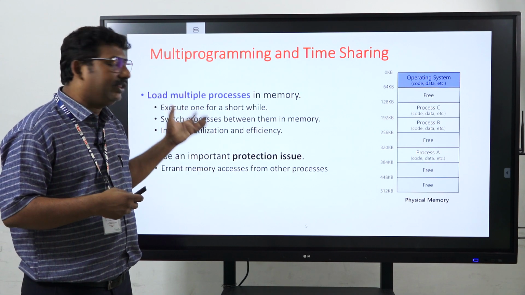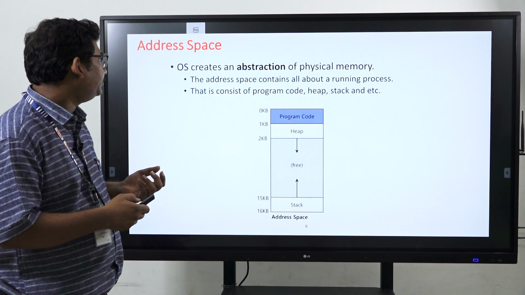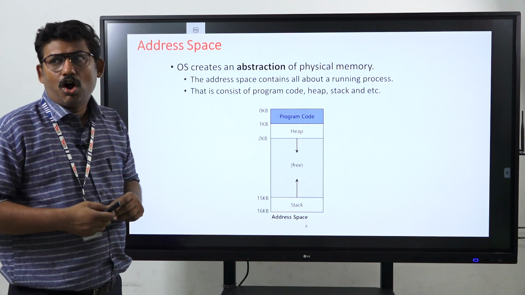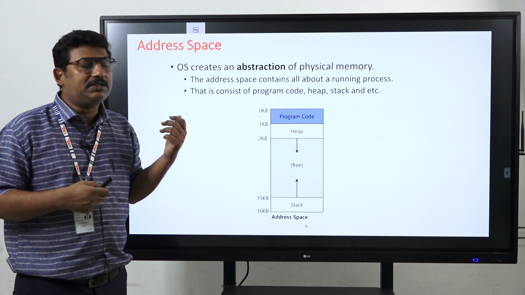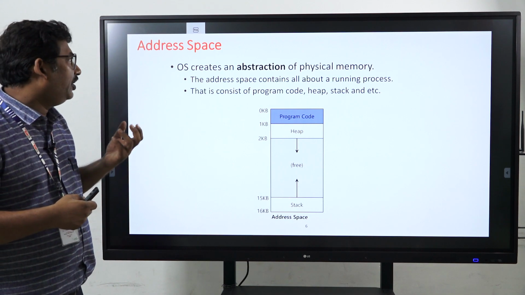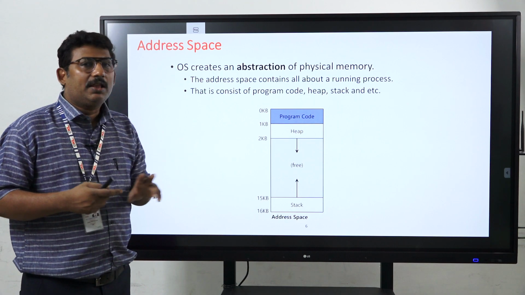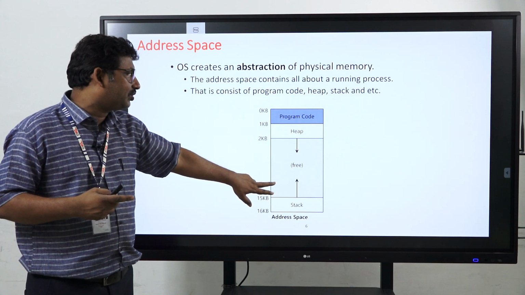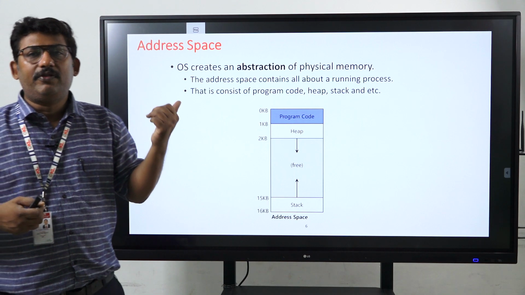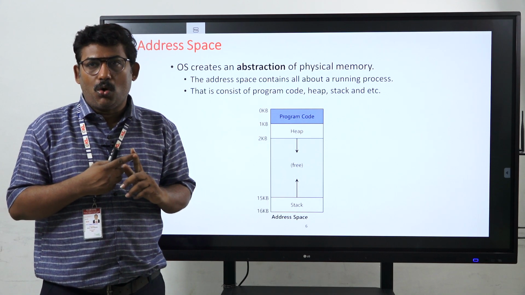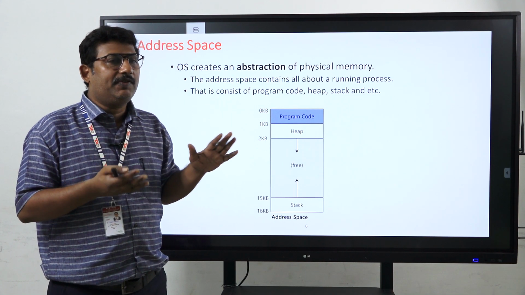After this, the next concept we are going to discuss is the address space. The operating system creates an abstraction of physical memory. Address space is a concept related to creating an abstraction of the physical memory, where the heap and stacks are used with the program code. This is about the address space. Previously we saw the address space as the data and the code, whereas here the program code will be there and it will be executed with